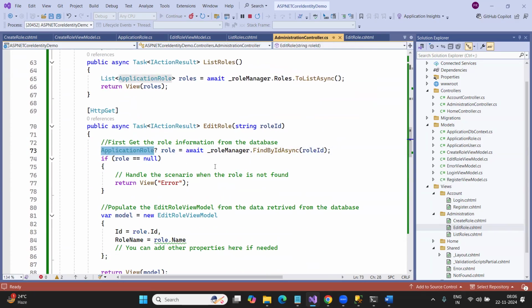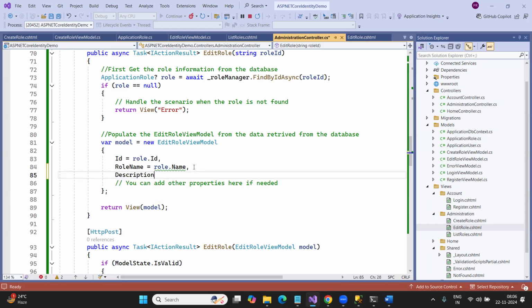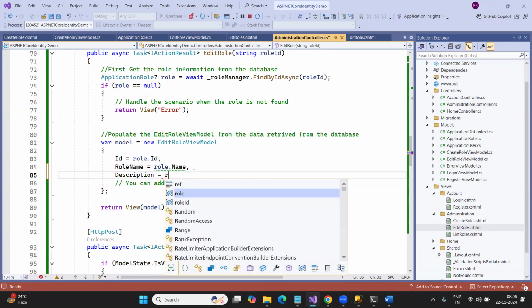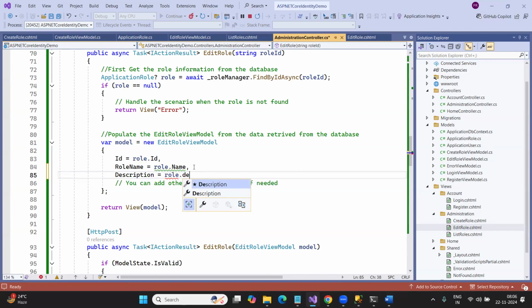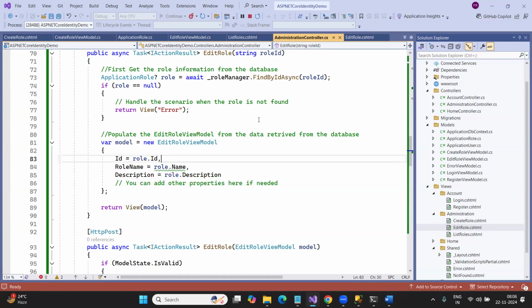So in this case, I'm fetching the data, right? And here I have not provided the description field. So that is the reason why, when I'm updating the field, it is not displaying the description. That is what I need to provide, right? So now what you need to do is, for example,